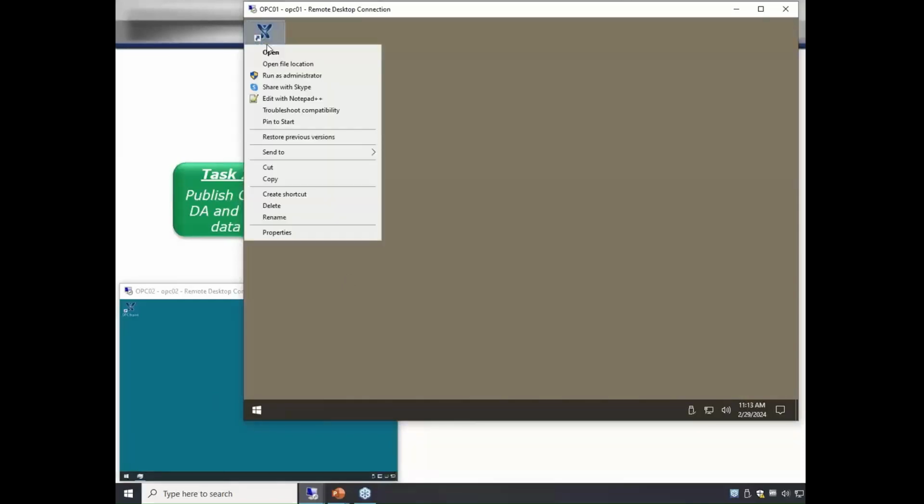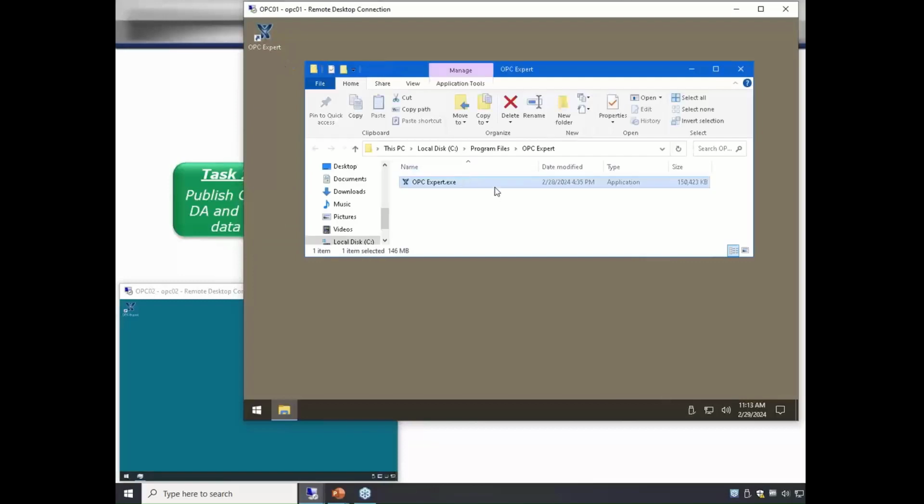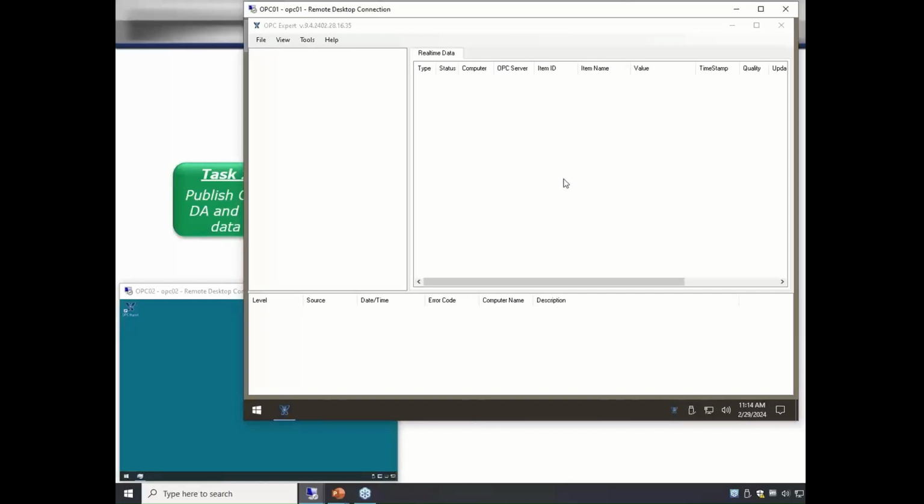Now, just before I begin showing this to you, I want to point out, when you get OPC Expert, you just download one executable. That's it. You just get this executable, you download it, and then you run it, and it will automatically extract everything it needs. So you can see it extracting everything right here. When you get it yourself, you can actually take a look at everything that's put on here. I'll close this just so I don't have junk. Here we go. And OPC Expert will pop up on my screen,